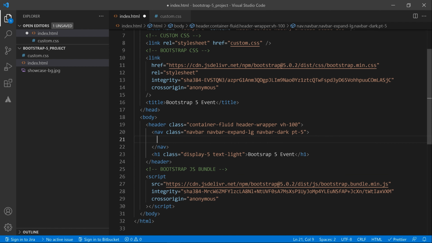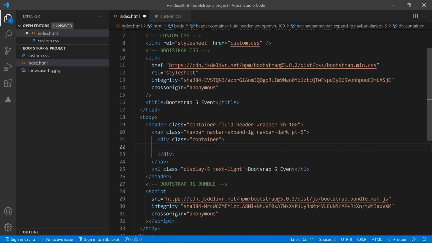All right, and I'm gonna create the div with the container class name of Bootstrap, and inside of the container I'm gonna add my brand logo, but I'm not gonna add any logo. I'm gonna add the text, and I'm gonna use the a tag and a class navbar-brand,